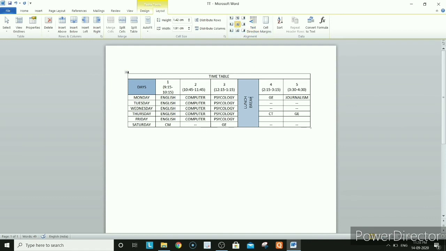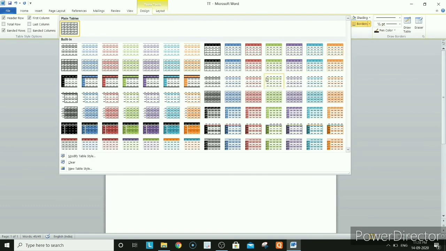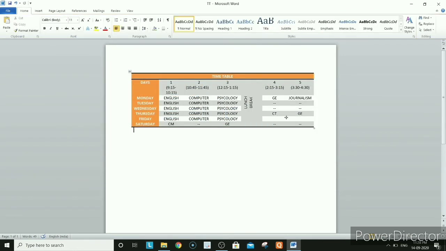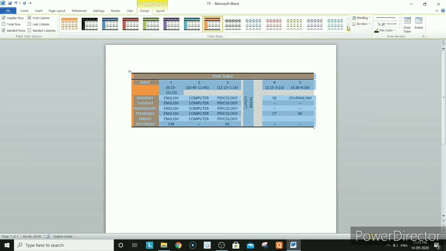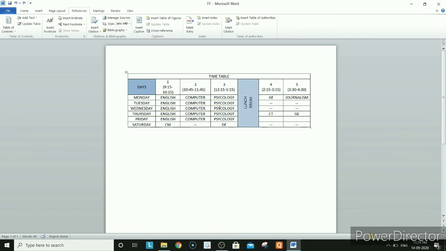Now if you want to go for some design, click on this, double click on this. So here you will get some designs. See, so many designs are there, perfectly matching for you. Whichever one you like, you can keep like this. If you don't want anything, just normal basic, then no problem, you don't go for this. Just go to the previous version, so undo. Like this it will come.